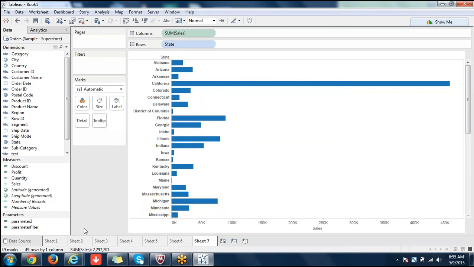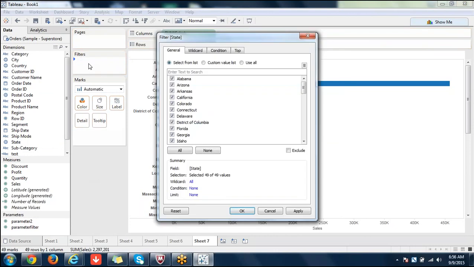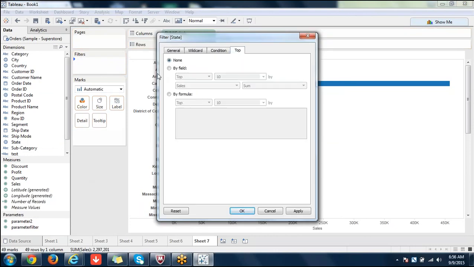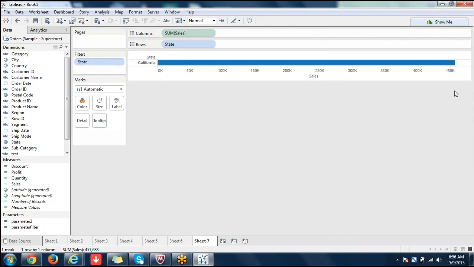Now if I pull state into the filter section, you see in top, go to top here. There are two parameters I have created. One was the earlier one which we used in filters. Now the second one I have created, and I am using it now. See that? But you are not seeing anything here. I have applied it, but you are not seeing anything here.